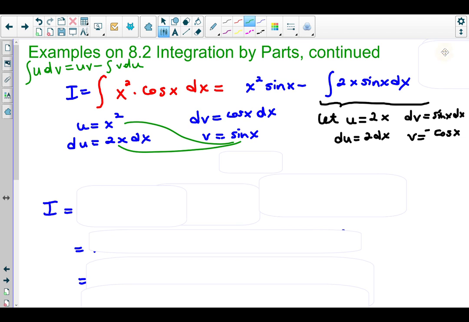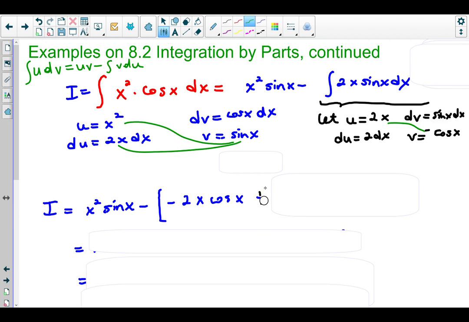Okay, so once again, we're going to apply integration by parts, but don't forget this first piece has to still be there. So copy that over. So that's just x squared times sine x. That part is being copied over, minus sine is being copied over. Now for this integral, again, we're going to use the formula uv minus integral v du. So open a parenthesis there, or bracket, whatever you want. So uv, so 2x times negative cosine x, so that's negative 2x cosine x, minus the integral of,